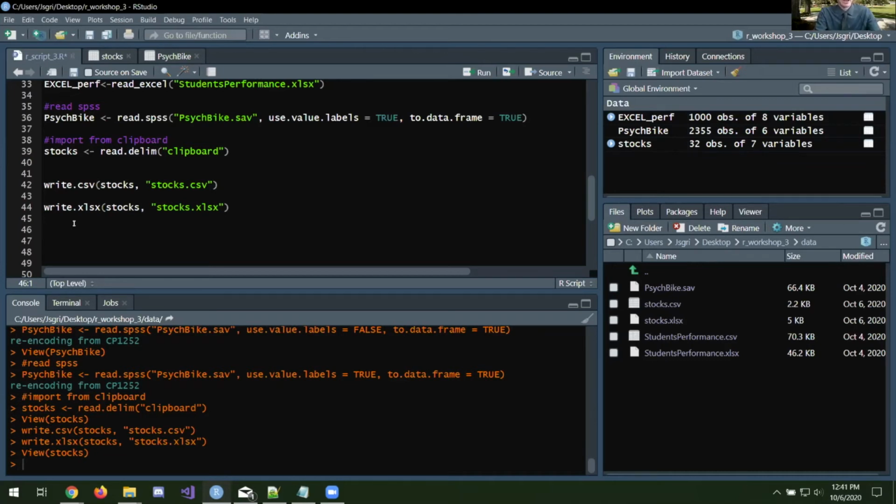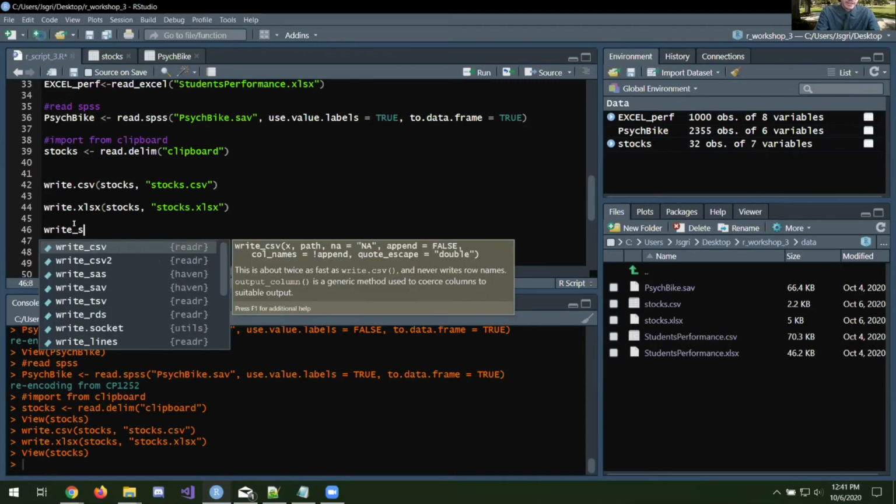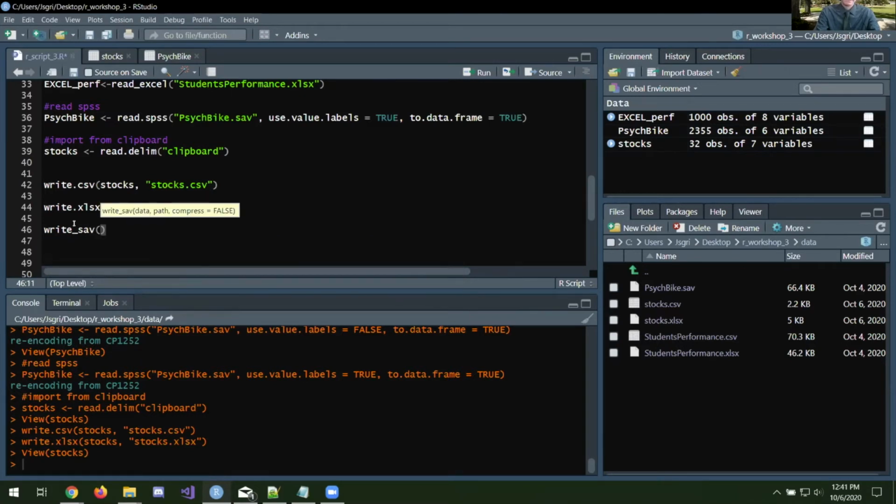Finally, we can also export SAV files for people who are using SPSS. We are going to use the package Haven here, and the command or function is going to be called write_sav. And just like all of the other write commands, we need to type in the data we want to export, stocks, and we need to give it a name. I'm going to give it stocks.sav. So after I run this,